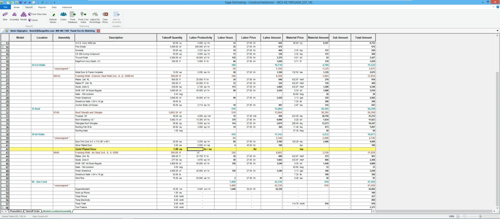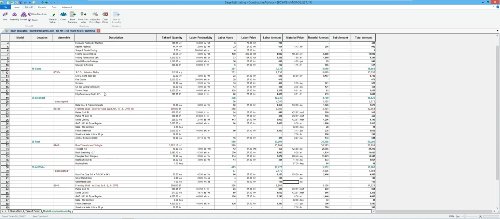So in this example here, if I were to go back and actually put something in for my labor for that other door, let's say for this door, for some reason, it's gold, I got to handle it slower. So maybe it takes a whole whopping 3 hours for every door to put them in. So that's going to basically say that I've got 3 hours since I only had one door. I'm going to say at $45 an hour. So I've got $135. So there again, now the line's not highlighted yellow for a $0 amount here, but I've still got a hole here that's waiting to get me in trouble.